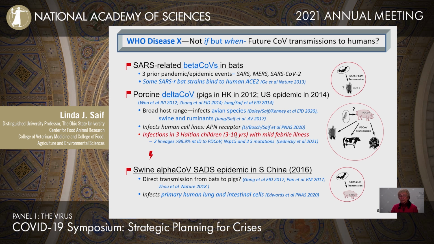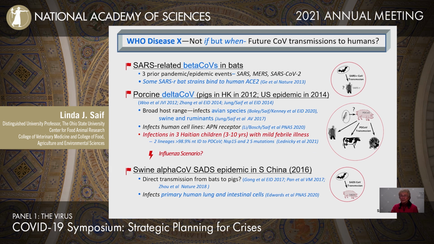And then a recent preprint study suggested infection by porcine delta coronavirus in Haitian children with mild febrile illness. And interestingly, one lineage was from the Chinese lineage and another was from the US lineage. So this is concerning because this could be the influenza type scenario where you have reservoirs for delta coronavirus in birds, and this time it's songbirds. You could have spillover then to the intermediate host with the porcine delta coronavirus, and then potential for spillover to